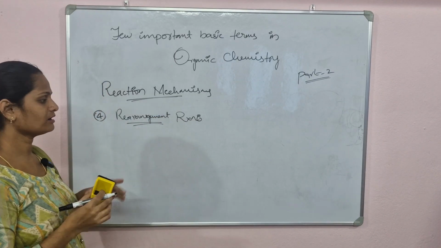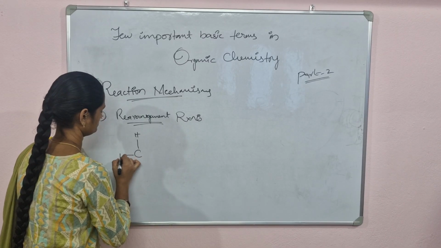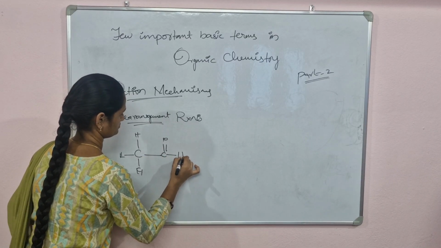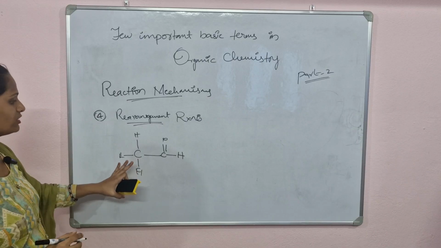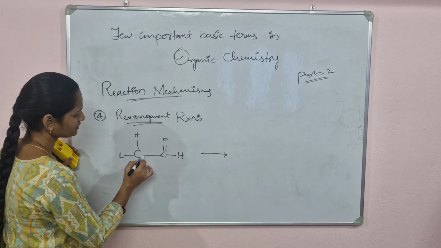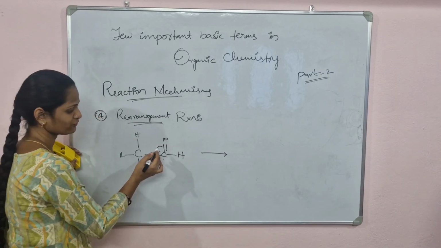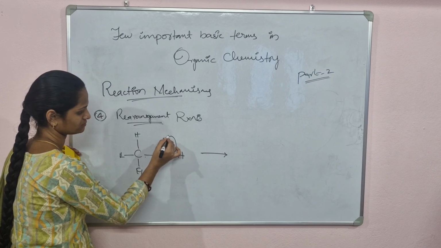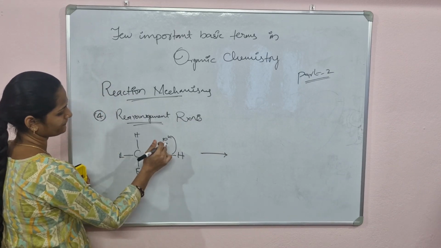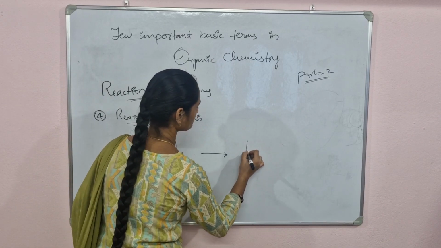Rearrangement within the molecule, this reaction will take place. Another one is here. This is an aldehyde. Here we have a single bond between the carbon. If this bond goes to this side, this H will be transferred to the oxygen. Then this hydrogen again gets attached to the carbon. So the final product will be